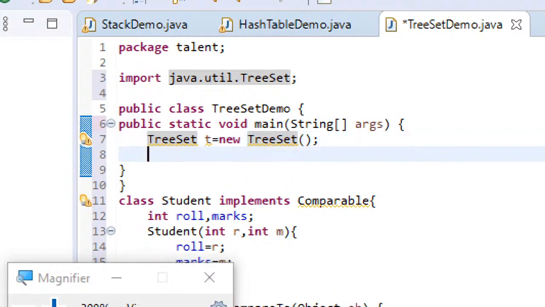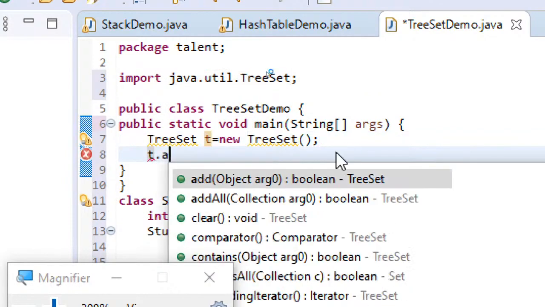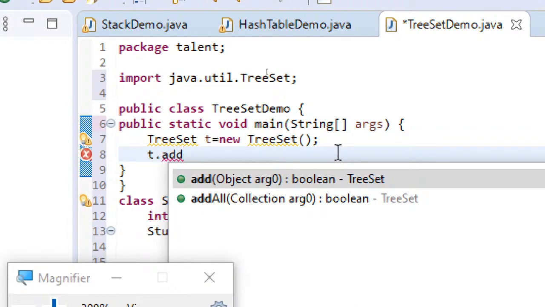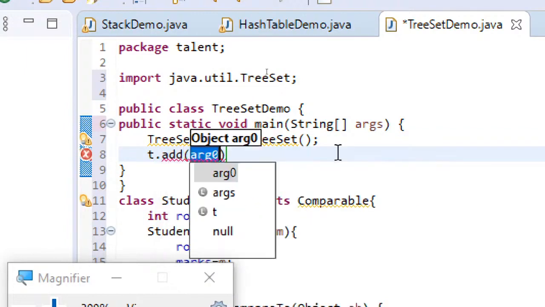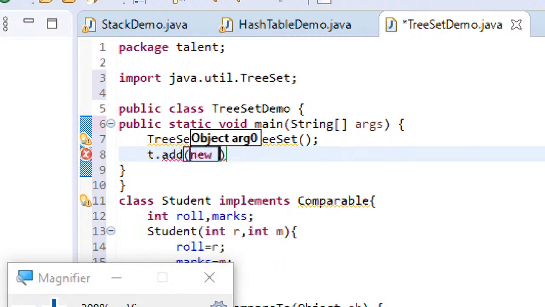So now we add two to three objects, and to this I need to add the Student object. Rather than creating objects separately and wasting my stack memory, I'm directly creating the objects. I'm just creating one Student object.